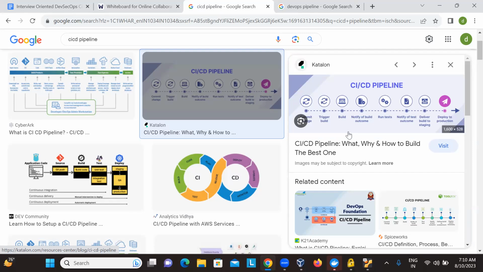Test it, then package it, and then deploy it. All these phases are being auto-completed by this Jenkins server. This is called continuous integration whenever you have done something. At the same time, in the same phase, whenever you deploy, at all times, from the starting point to this point, everything is going to be